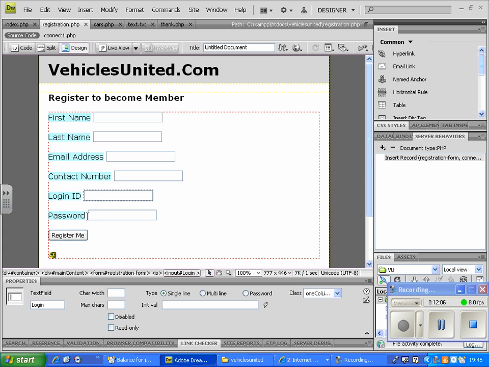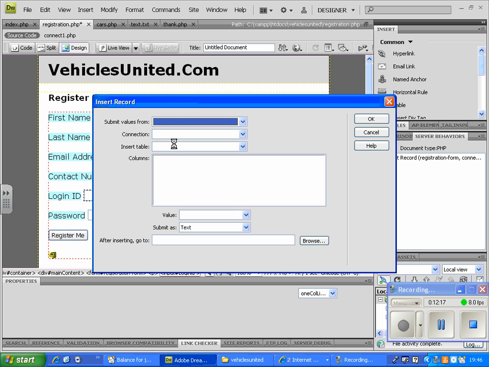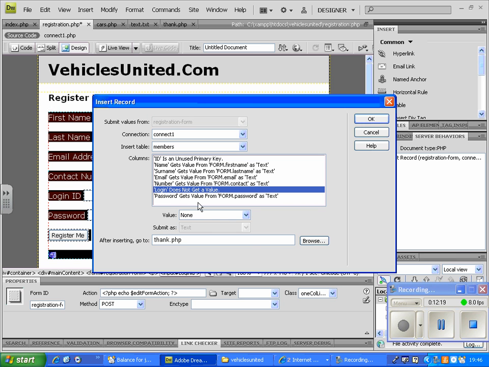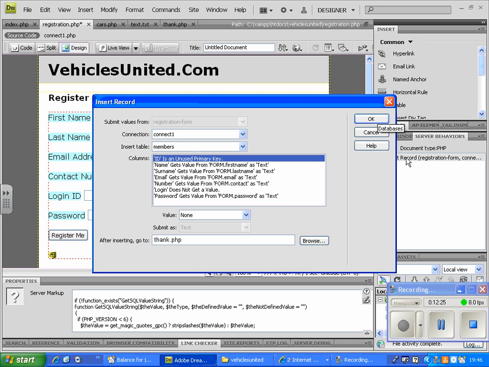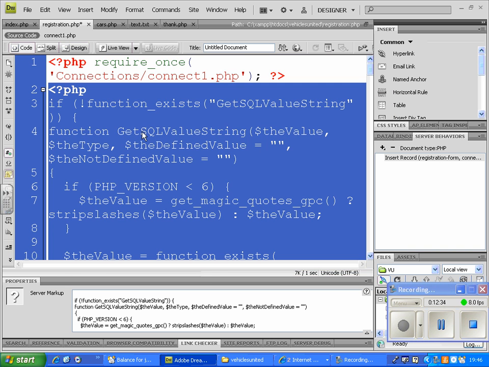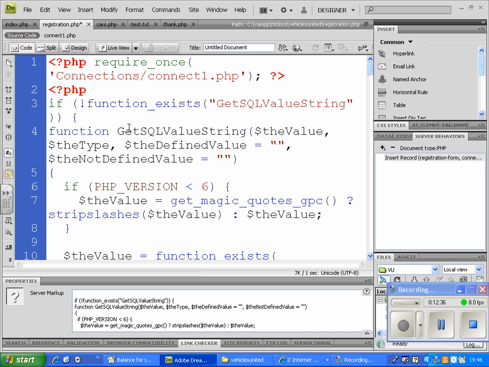What's the funny reason? Let me change the text field ID to login ID. Maybe it's the same name, column name and table. So let's try with this. Check login from login ID. No. Right. That's really funny. Let me go back and check it. Let me stop the